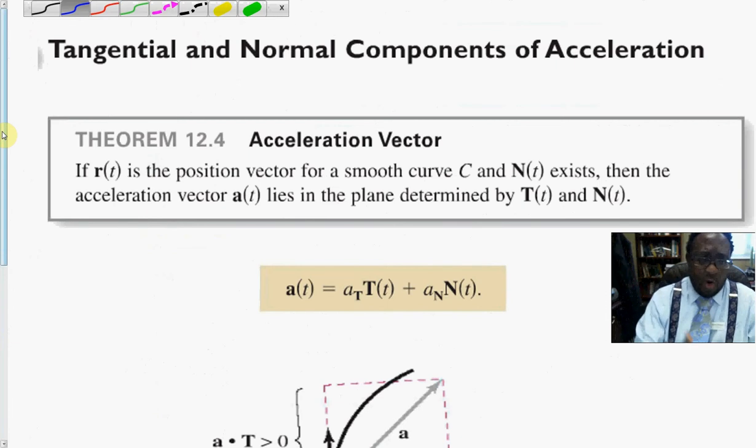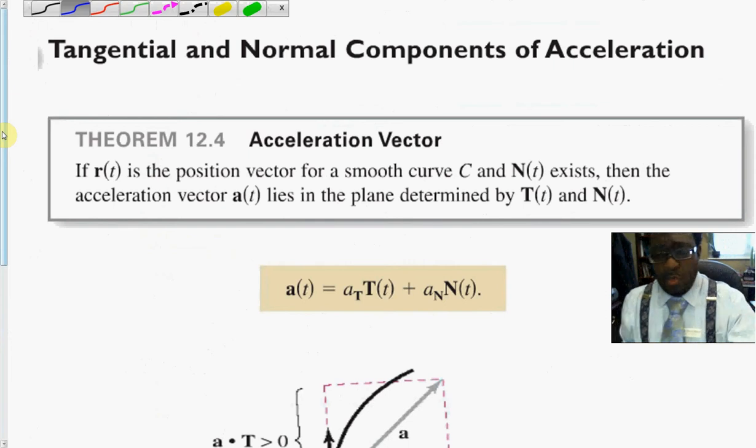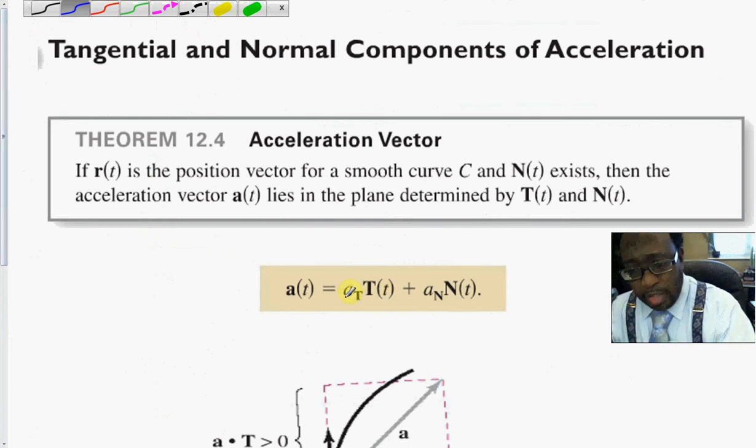With the normal vector and the tangent vector, we want to try to make the connection between acceleration and these particular vectors. We have two vectors associated with their respective components. So with the tangent vector, there is said to be its component. The word component is just another word for coefficient. So the coefficient for this tangent vector is said to be the tangential component of acceleration. And then the component or the coefficient for the normal vector is a sub n, or the normal